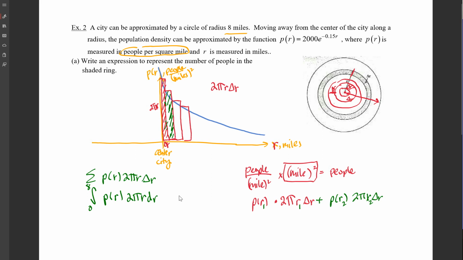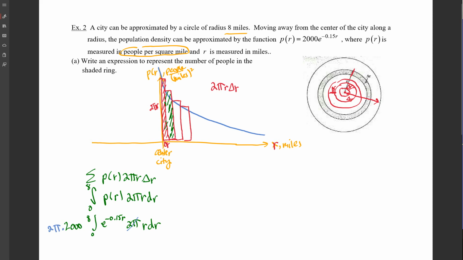So if I were to solve this, this answer would be the integral from 0 to 8. P(r) is 2,000 e^(-0.15r). So I'm going to pull the 2,000 out if that's okay with you, times 2 pi times r dr. What else could I pull out? I could also pull this 2 pi out, right? So this is 2 pi times 2,000 on the outside here. This would be 4,000 pi times the integral from 0 to 8 of e^(-0.15r)